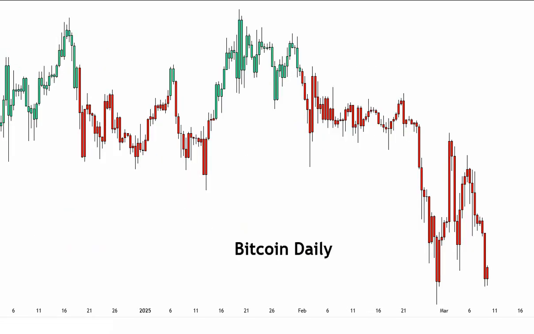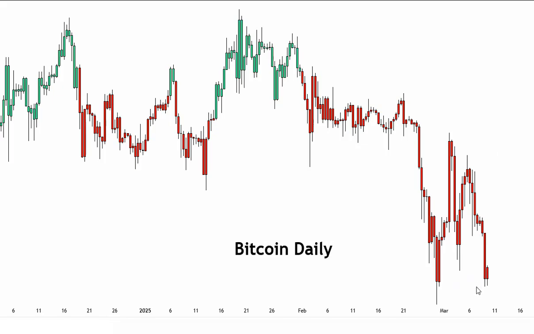Now, momentum and the trend are still bearish in the daily time frame, but we've got to see the bulls be able to flip things back to bullish here. We still have red bars reflecting the trend. Be able to flip them back to green if this is going to turn around. And then we've got to be able to break the downward trend line that I've been talking about. You'll see it in the video. If we take out this low, again, you've got major support, the major trend line in the weekly time frame.